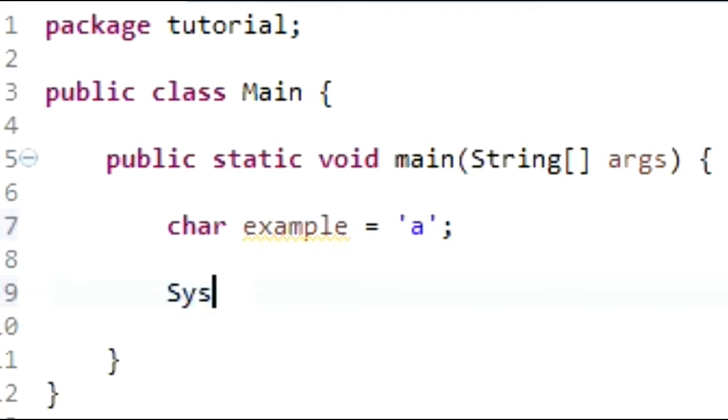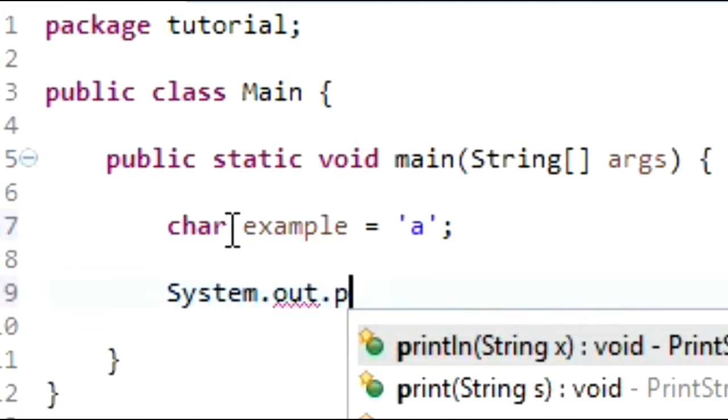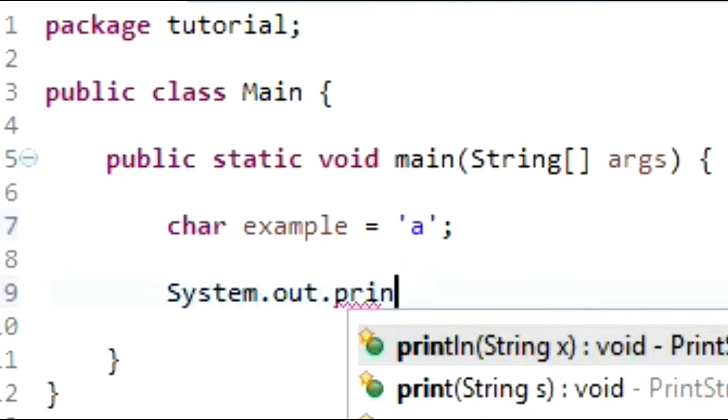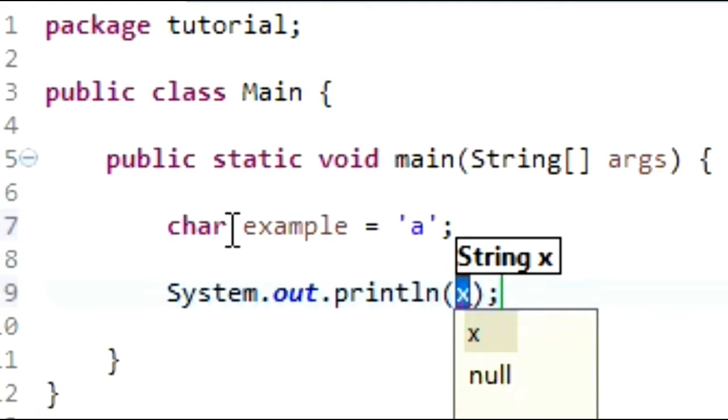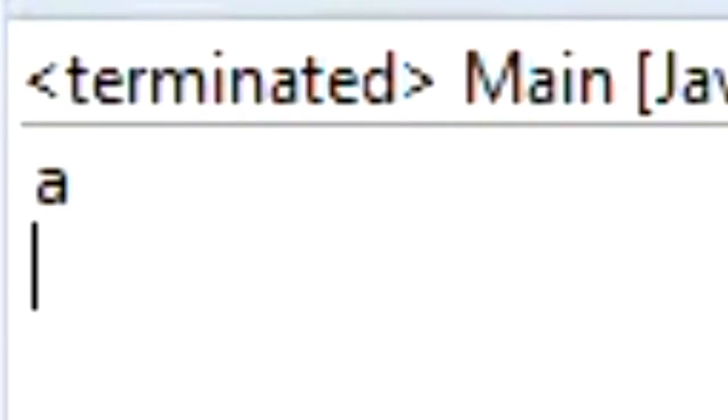To output it, you put system.out.println, and then in the brackets you put example, and as you can see it outputs a